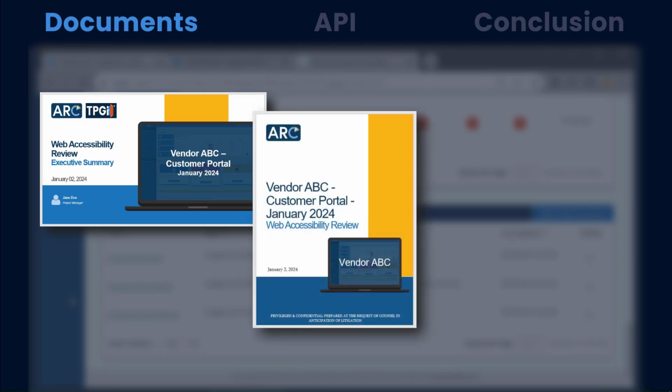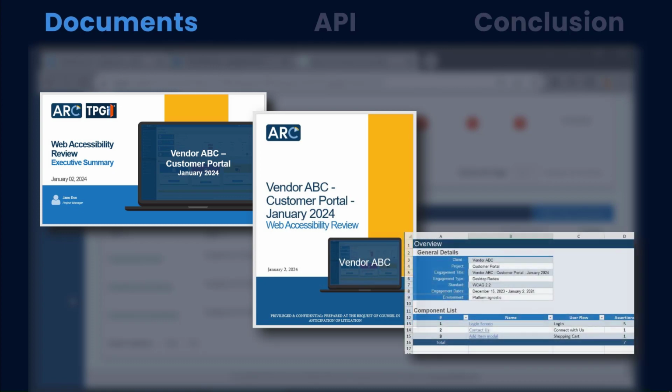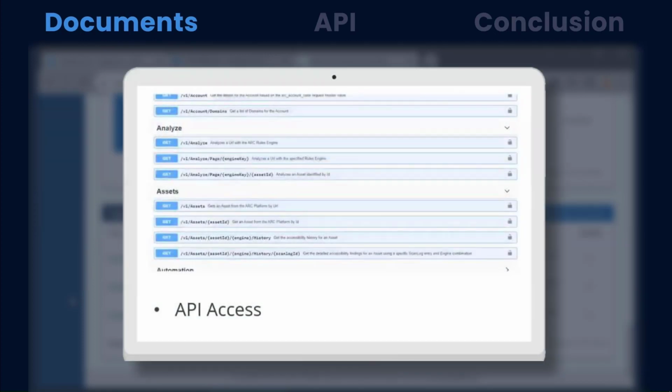The report is a Word document which contains the description and the remediation guidance for each issue. The workbook is an Excel spreadsheet, which is similar. It contains the description and remediation guidance for each issue. And it also includes the XPath locators and other information such as the severity levels. Plus, Arc has an API which enables you to export the engagement's assertions in a JSON format. From this format, the results can then be moved to Jira or your preferred bug tracker.